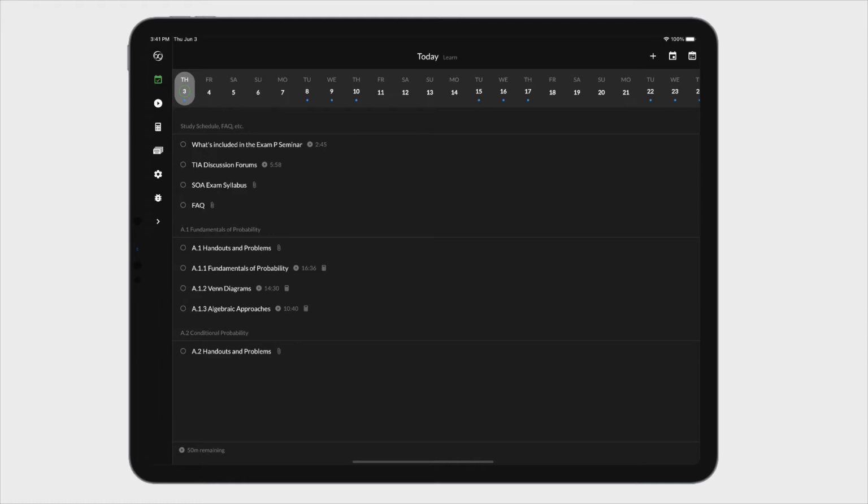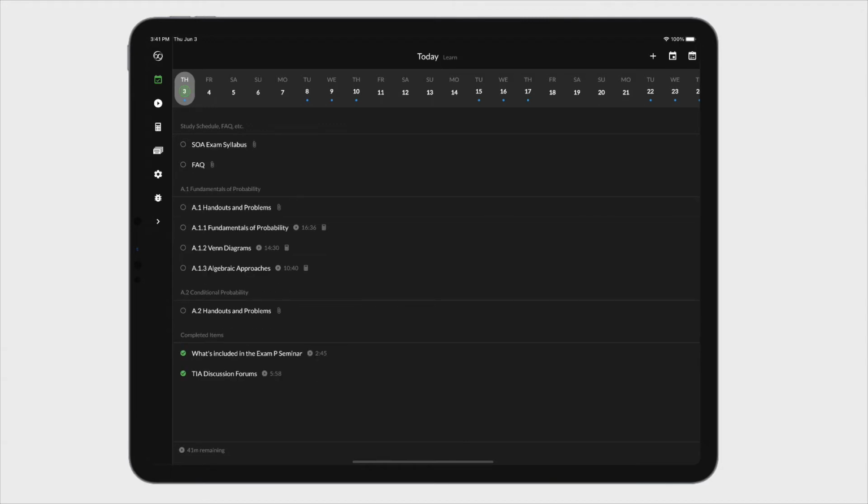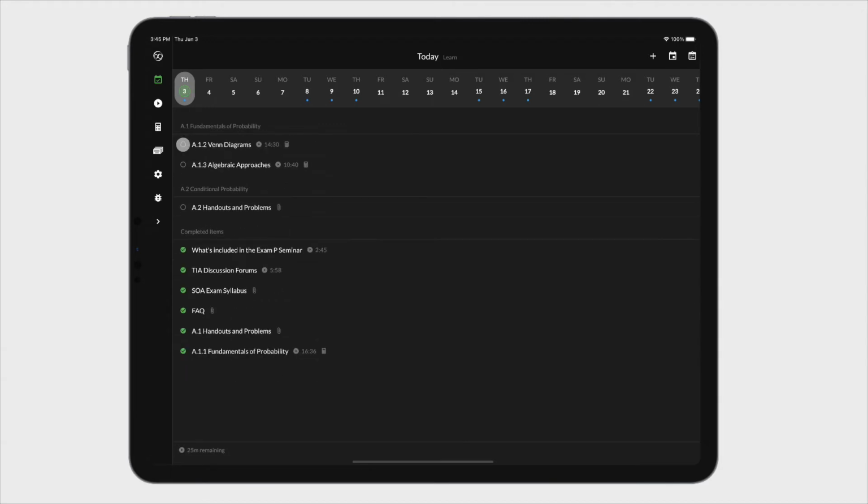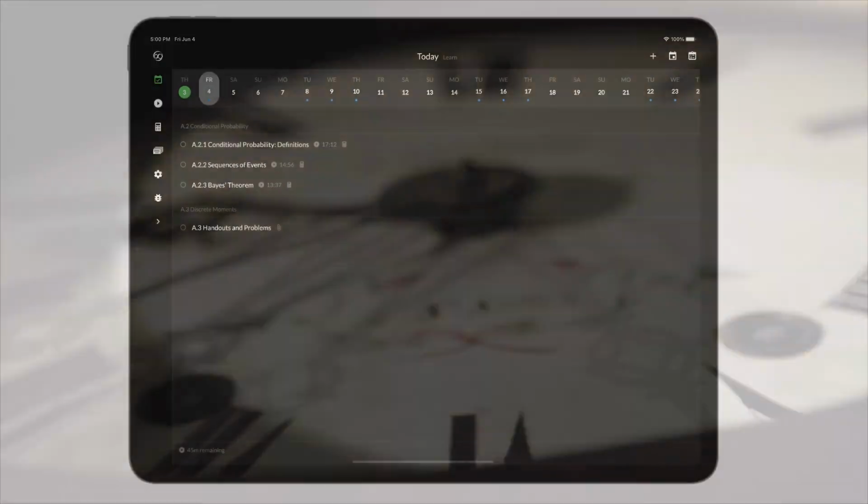Look at what is scheduled for today, and notice today's remaining video time at the bottom left. These items will be checked off automatically when watched or downloaded, but you can manually check lessons if you don't need to watch them, or uncheck lessons that you want to put in the schedule again. Completed items move to the bottom,